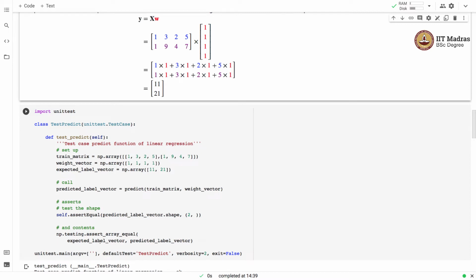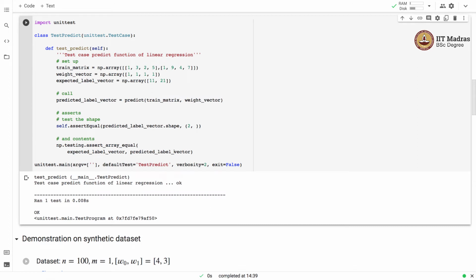So we have the expected label vector, which is 11 and 21, and we have the predicted label vector. We make sure that both of them have exactly the same content. Let's run this particular test. You can see that the test succeeds. So that means we got the output from this function, which is exactly the same as we expected.